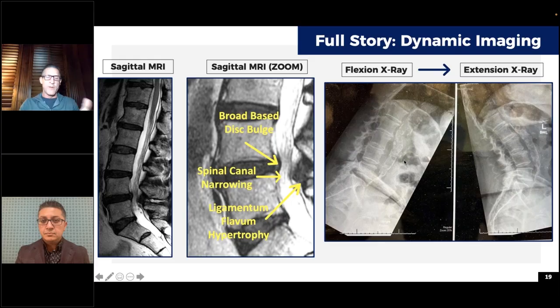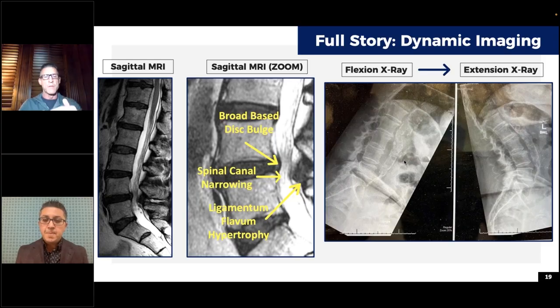And so I go to the OR with my MRIs, both very well described by Dr. Fleming, your sagittal images and your axial images, but I also go with my flexion extension x-rays, and I'm looking for that angular instability. So for a while there, I will have to admit, I was looking at patients and going, how could they have neurogenic claudication? How could they have these symptoms? They don't have that bad of an MRI. There's not that much instability. And then when I learned this phrase and this new movement about angular instability, it all made sense, because these are our patients that show up with neurogenic claudication, and we wouldn't sometimes know that.